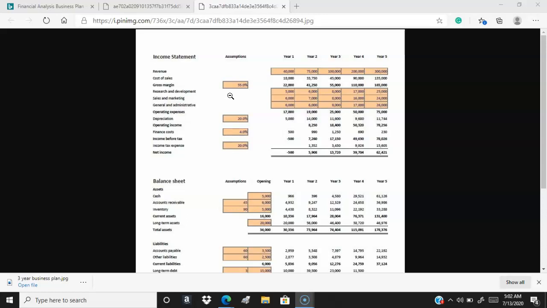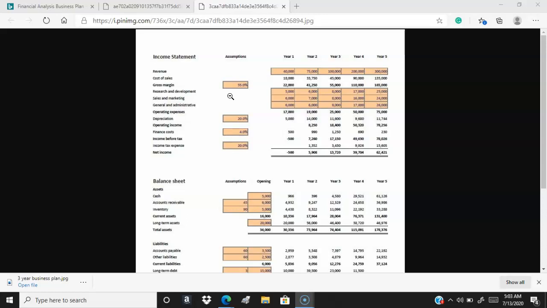So you want to go with your revenue. If you're in a product-based business, your cost of sales, profit margin, research and development. Now, mainly your research and development is going to be if you are producing a new product or a new line within the first 3 to 4 years. Now, mapping it out for 5 years, if you're in a sales or service-based business, you're not going to be spending that much on research and development. So just for that,